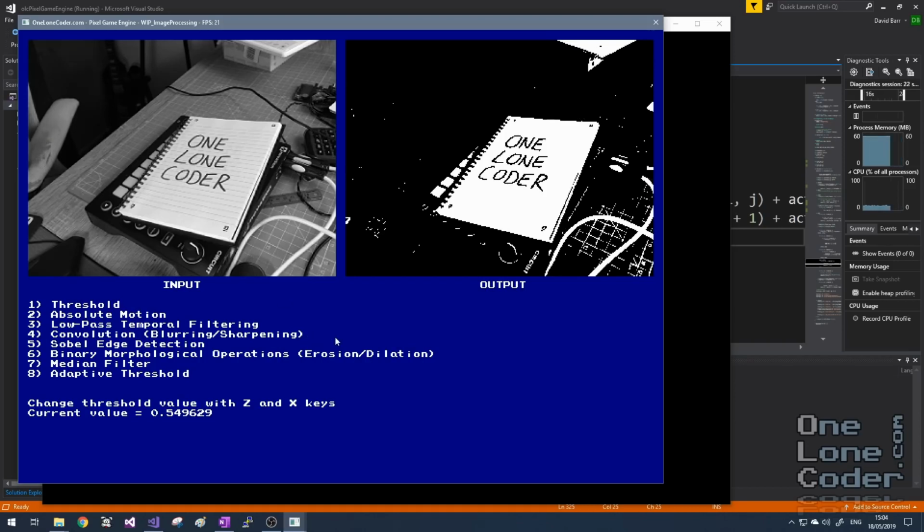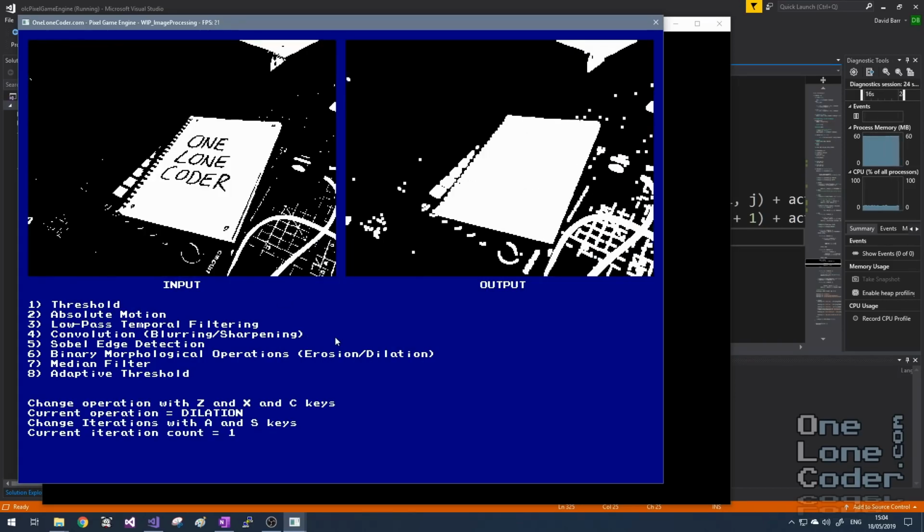Then I'm going to choose bit 6, more binary morphological operations. Now the current operation is dilation, and it looks like there's just a single iteration being applied. So on the left, where these individual pixels are occurring, you can see they're expanding into a 3x3 region. This has had the effect of removing the one lone coder text entirely from the book object. So this might be a precursory stage in being able to extract where the book is this time, if that's